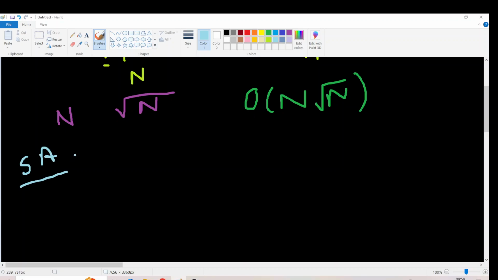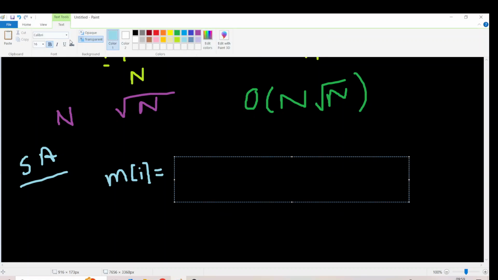Okay, so we'll maintain one map. Map of I will denote the minimum index. Let me write it in text format. What will map of I denote? Let me increase the font to 28. So map of I will denote